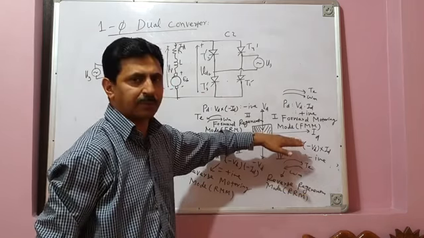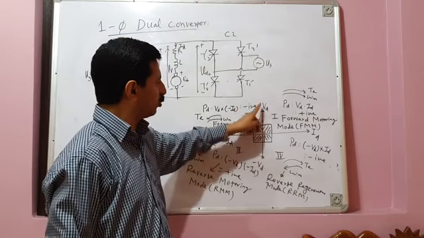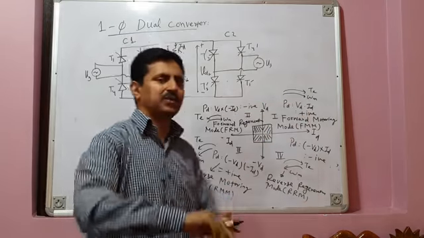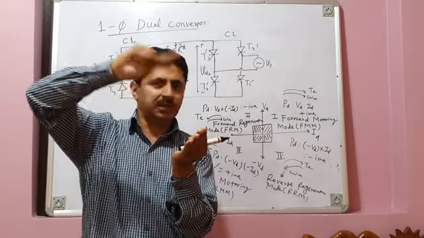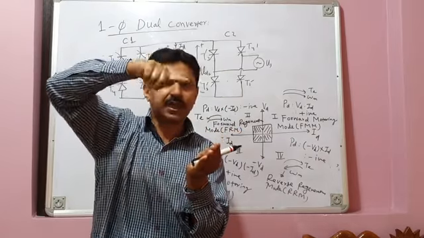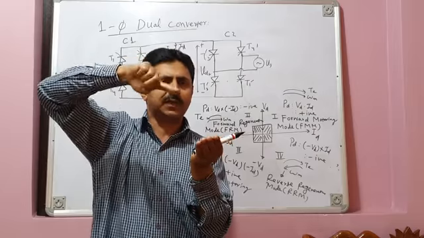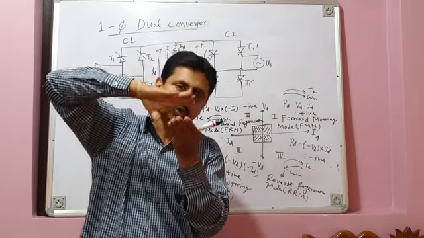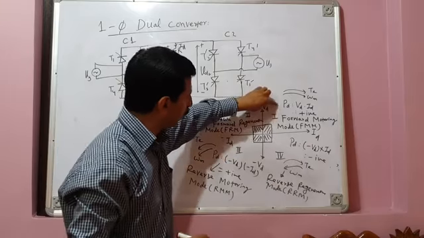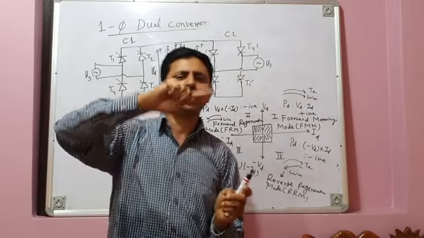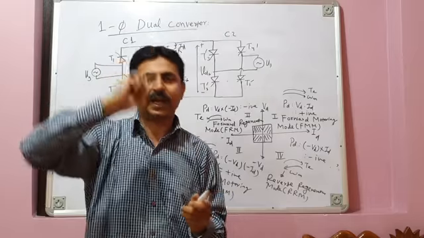And once the machine stops, then you operate it again in mode 1. In mode 1, average output voltage is positive, current is also positive, power is positive, and it starts running in the clockwise direction. So in order to make the machine go from clockwise to anti-clockwise direction, you have to brake it first. And similarly, when the machine is running in anti-clockwise direction and you want it to run in clockwise, you have to brake it first. So your two actual modes are forward motoring mode and reverse motoring mode. In forward motoring mode, your machine is running in the clockwise direction, and in reverse motoring mode, the same machine is running in the anti-clockwise direction.